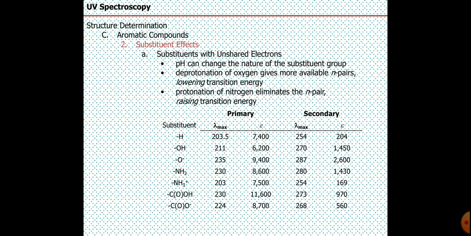Here is the chart given for the different substituents for which lambda max values are given. You can see that for a hydrogen substituent the lambda max value is 203 for the primary band, and for the secondary band the lambda max value is 254 nanometer. As the substituent effect increases, as you can see for the NH2 group, a lone pair is present on nitrogen, therefore the primary band is observed at 230 nanometer and the secondary band at 218 nanometer, which has the highest absorption. Or oxygen also acts as a